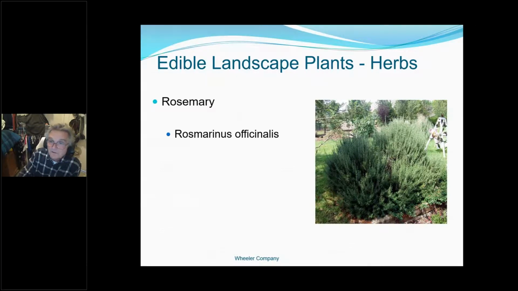The rosemary, of course, is a very tough plant, very durable, makes an excellent ground cover. Smells great. I use it in the olive oil, and there's various recipes that call for fresh rosemary. So rosemary is a definite shrub that everybody should have in their yard. Next,